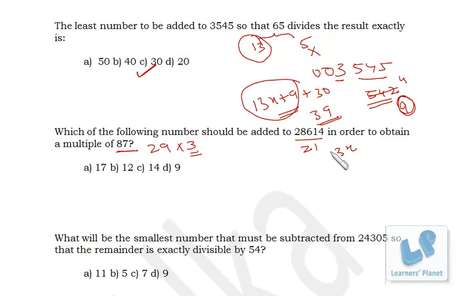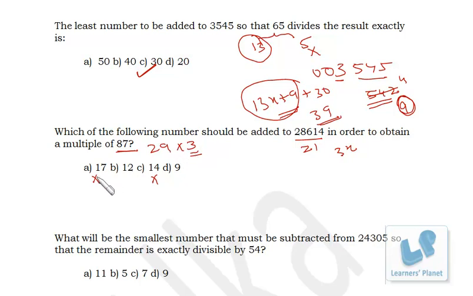So if you want a number to be added to this and the final result to be divisible by 3, then the number to be added should also be divisible by 3, right? So if this number is in 3x format, the other number should also be a multiple of 3. So 17 and 14, two options are eliminated. Getting my point? Two multiples of 3, if you add, then only you will get the final result as a multiple of 3, right? A multiple of 3 and a non-multiple of 3 will produce a non-multiple of 3 as a result.